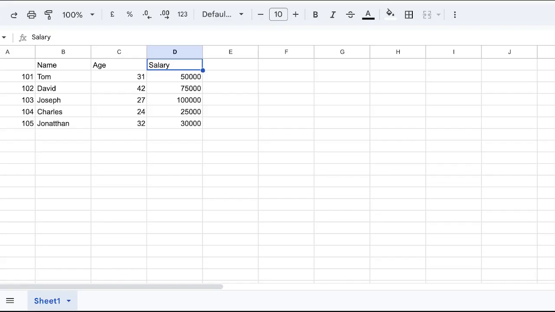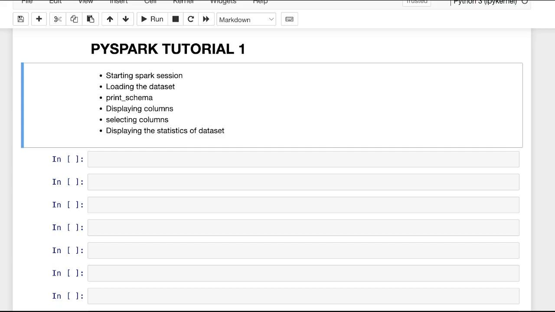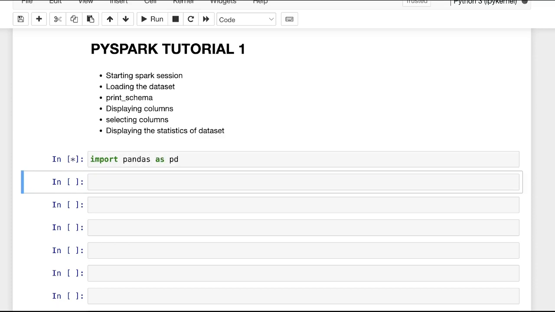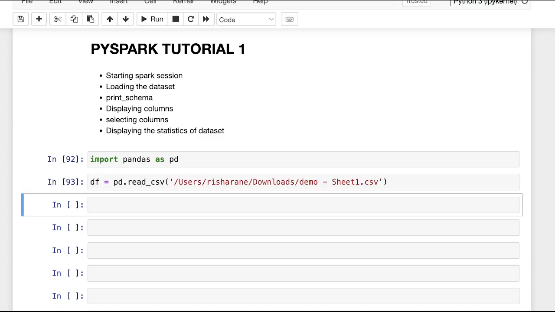This is the dataset that we have. I have created this dataset with some specific number of rows and columns. For an example, we have ID, name, age and salary. So basically, when we start machine learning using pandas, the first thing that we do, we import the pandas library, we give an alias pd, and then we create a variable df which is of type data frame, into which we load our csv file. I will provide the path. So this is how you load a dataset when you are using pandas.